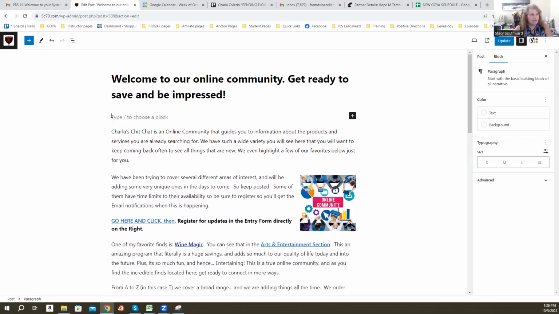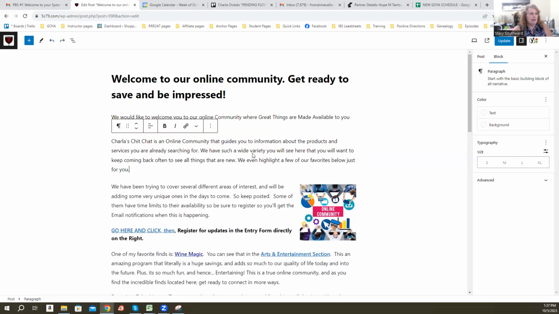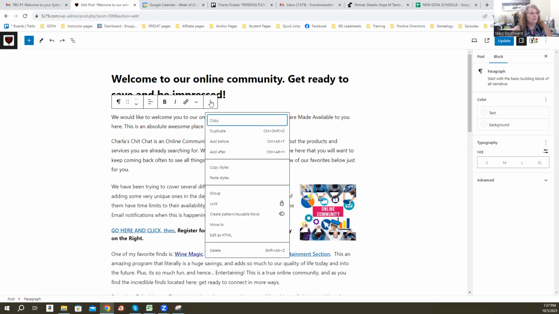When we highlight it and hit delete, it leaves the empty block there. Mrs. Yost doesn't like that. We don't want an empty block. We want the very first block to be our first paragraph. So instead, now, by the way, this is the undo button, brings it right back. So instead, what we want to do is we want to hit these three dots, explore what these toolbars mean,